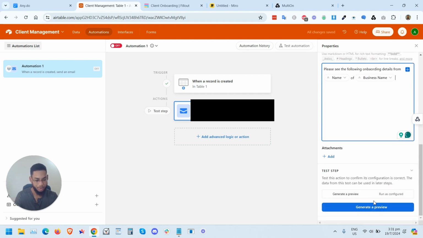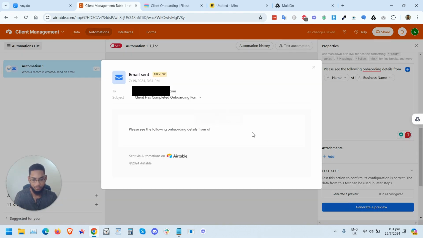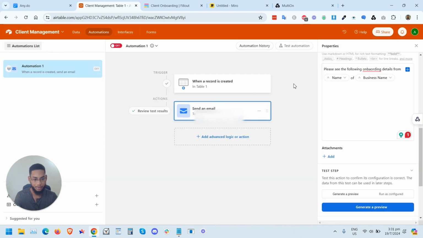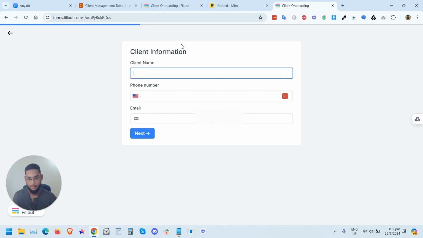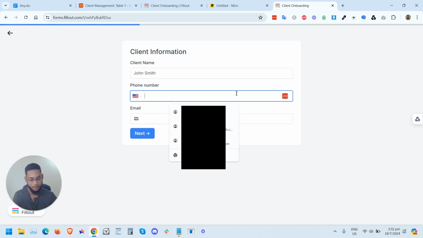Alright, and that will be the message. And then let's generate a preview. Alright, oh, preview is not going to show up properly because there's nothing in there, but we're going to turn this on. So there, and let's start with John Smith, and let's say that his phone number is